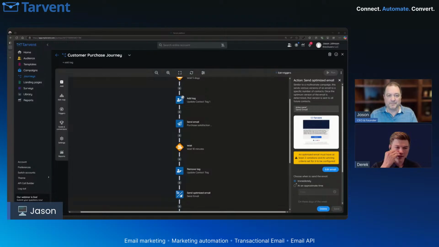Yeah, and on top of the reporting, it'd just be really hard for us to determine at what point do we say, all right, so let's say 20 contacts went through the send email node, and then let's change to a multivariate. Do those first 20 contacts count towards the win criteria, or what happens to those 20 contacts that were sent the email before?